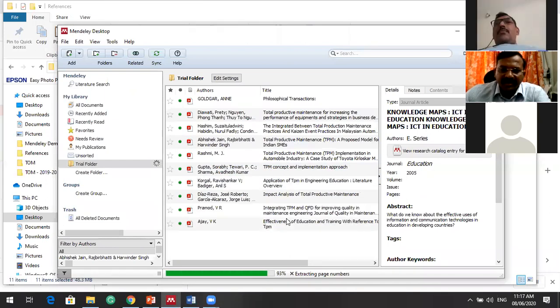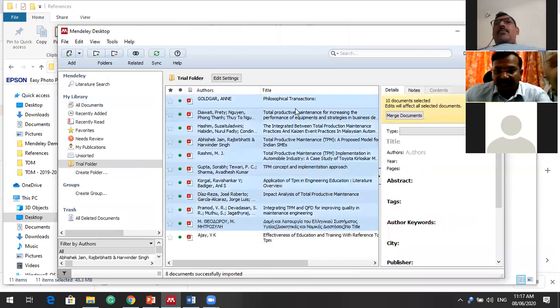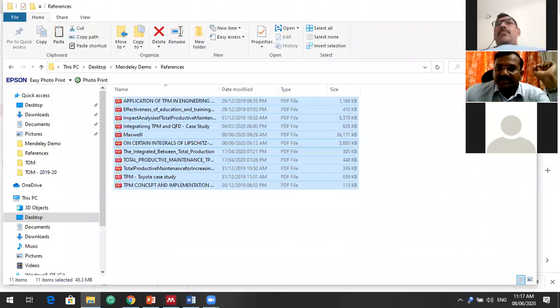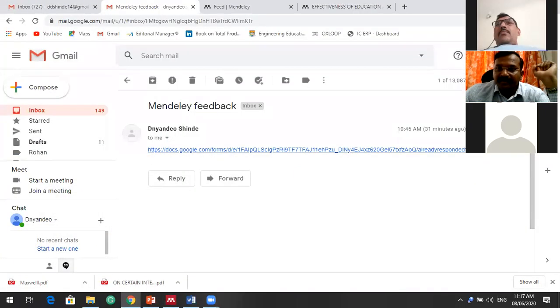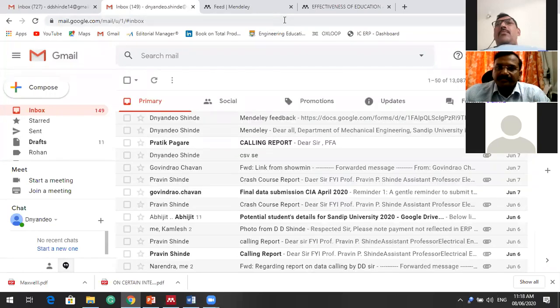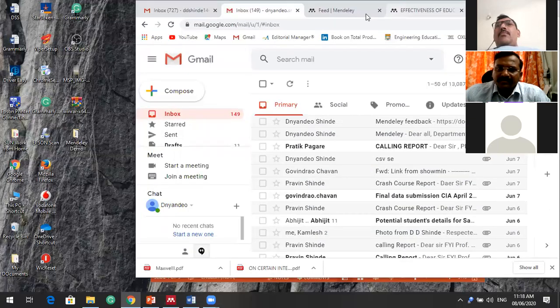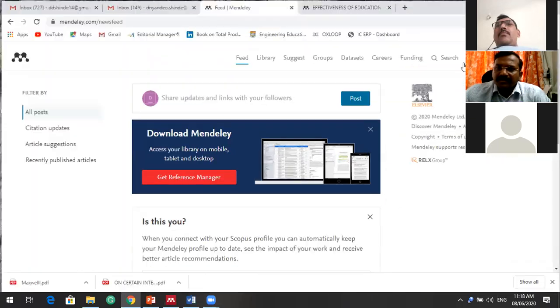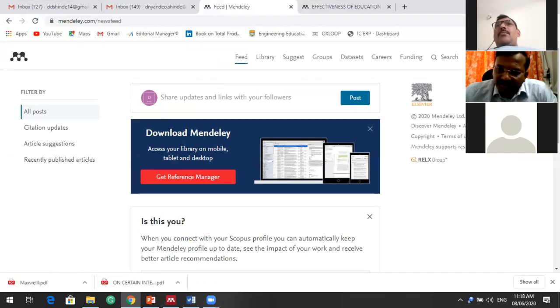So either you can add the existing file, you can search it from the Mendeley desktop, or if you had added this web add-in here, see on the top right corner, you will see the Mendeley extension web importer.